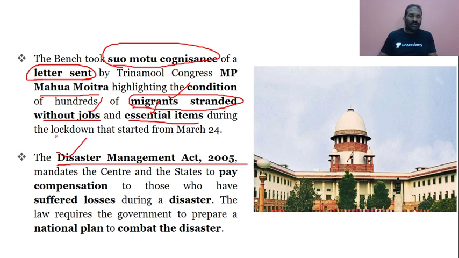So please do concentrate on the acts which have been invoked by the central government. Disaster Management Act 2005, Epidemic Diseases Act 1897, Essential Commodities Act 1957, the Indian Penal Code, Section 144 of the Criminal Procedure Code, and the Disaster Management Act. All these acts have to be taken into consideration before you go ahead with preparation, or before you take up the exam, that is the prelims 2020.